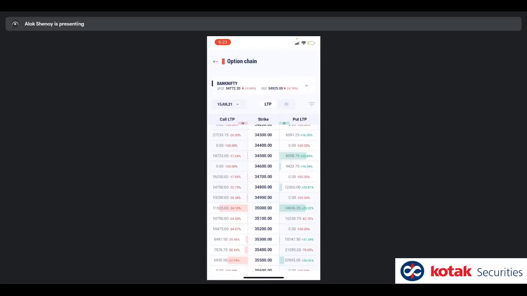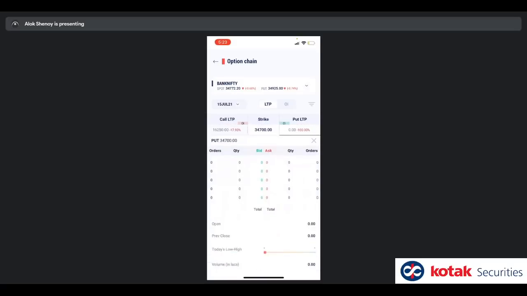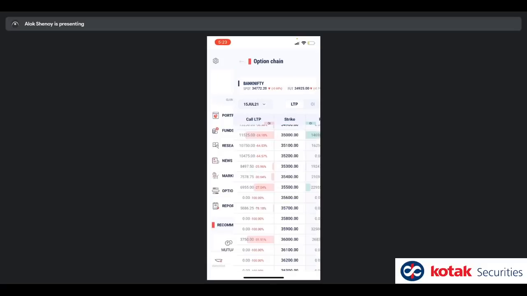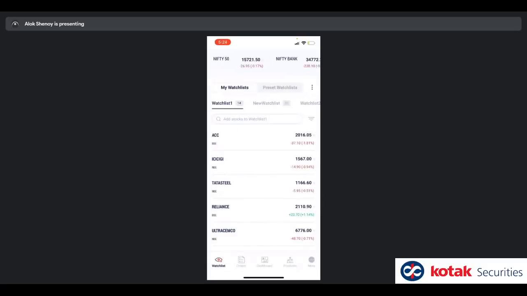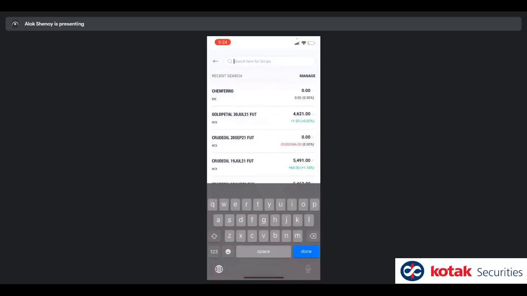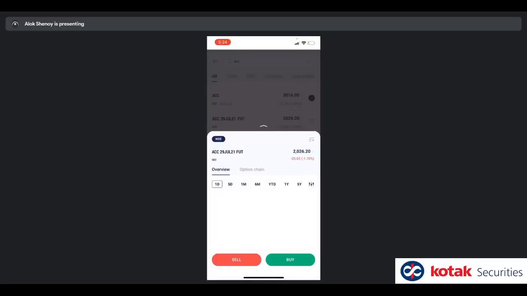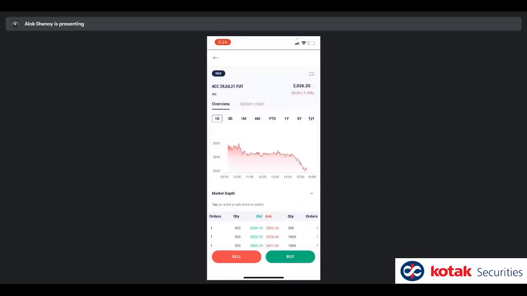I'm seeing a few people asking about charts and about how to save indicators on charts. Okay. And I'm seeing some people talking about charts with respect to options. Okay. So give me a second. I'm going back to my watch list. Now here, I'll just take Nifty as an example. Rather, I'll take something which is not Nifty so that people are getting a sense. So it's ACC. I'm seeing 29 July FUT. I'm just opening this up. I go full screen. That gives me more space.